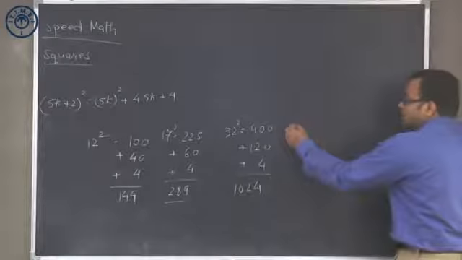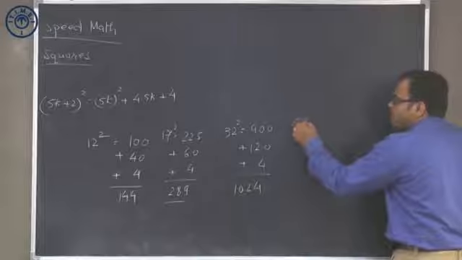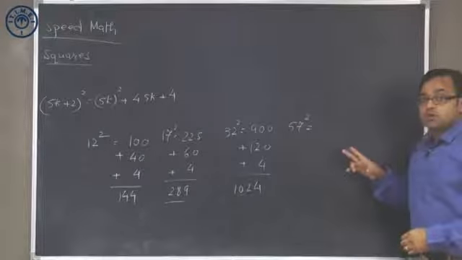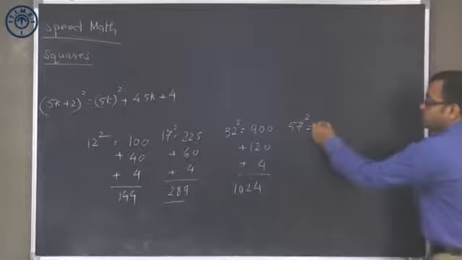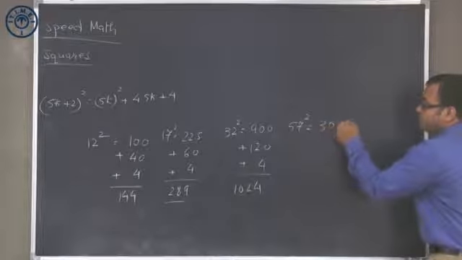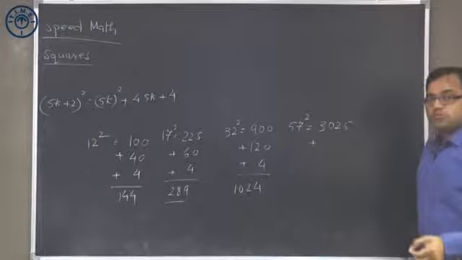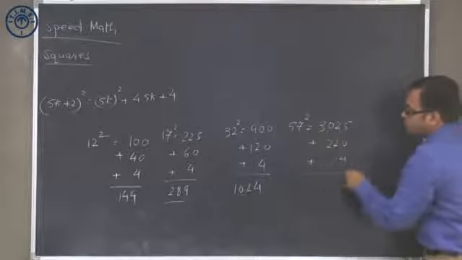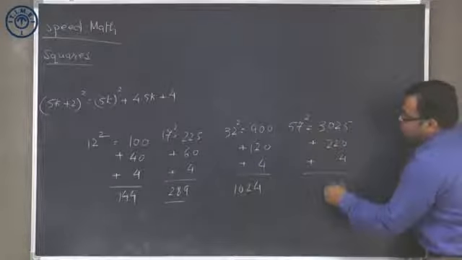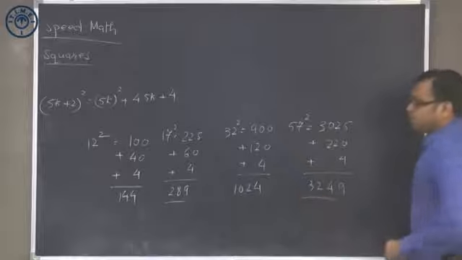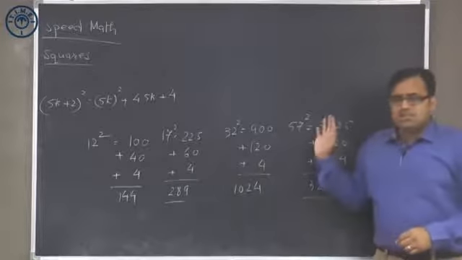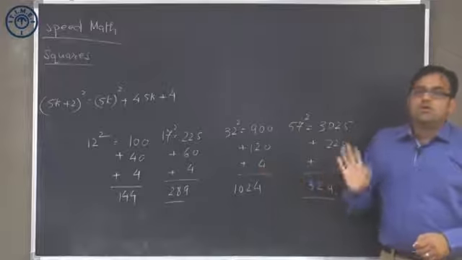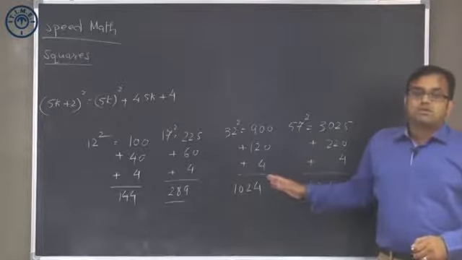Let's say I'm looking for 57 square. 57 square will be 55 square. 55 square is 5 into 6, 30, 25, plus 55 into 4, which is 220, plus 4. So this will be 5 plus 4, 9, 2, 2, 4, 3, 2, 4, 9, that is 3249. I am writing all these numbers here only to make the point clear. You can do all this calculation in your head also. You really don't need to write anything for this.